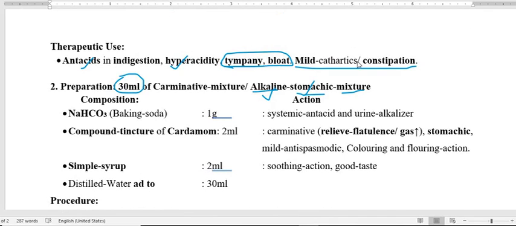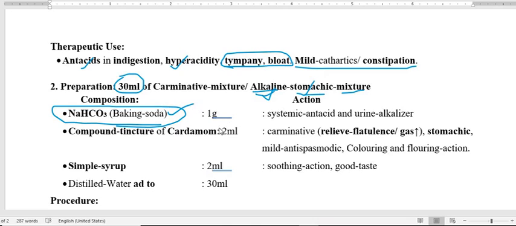Because this is alkaline in nature, one alkaline compound is there, only one, and that is soda bicarb or baking soda. Because of the presence of this component, we are calling it the alkaline stomachic mixture. Stomachic are the agent that is going to increase the gastric motility and help in the digestion and increase the appetite of